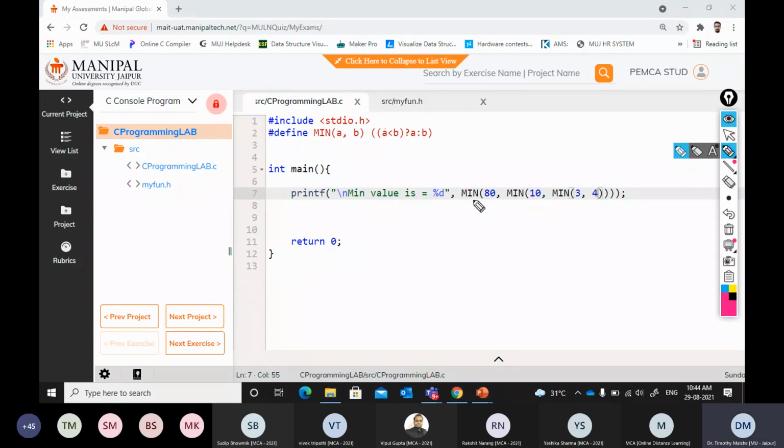So first, this minimum will be translated. Let us try to decode this. The whole code will be translated to this one first. If 80 is less than minimum of 10, comma, minimum of 3, 4, A, B,